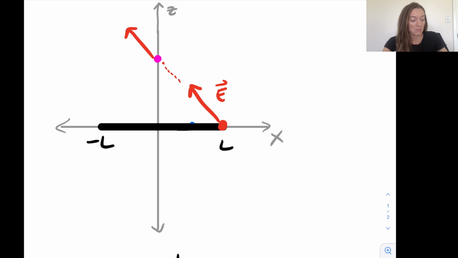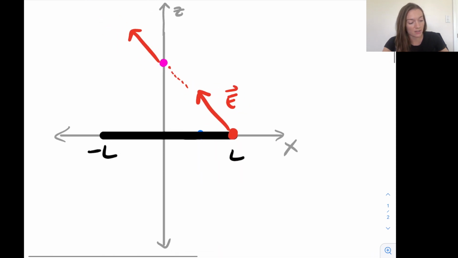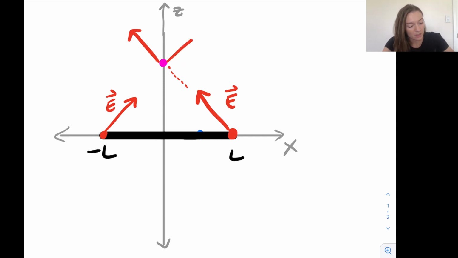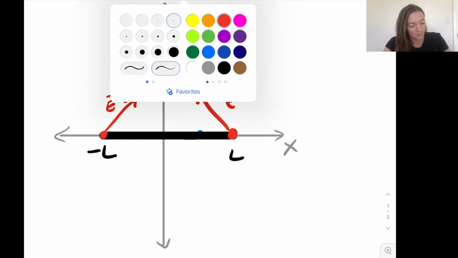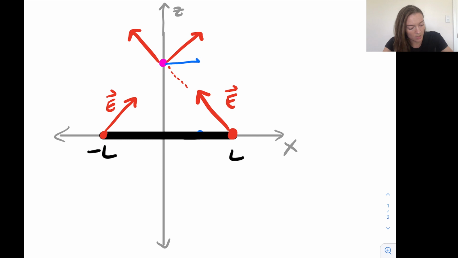And now I can make this a lot simpler for myself by noticing that there's a very high degree of symmetry here, and some of my components actually cancel out. So I have an electric field coming this way from this point, but I also have the exact same magnitude electric field coming from the opposite point, right? So there's going to be the exact same magnitude electric field coming from that opposite point on the other end of the finite line. And you can see now that some of the components are going to cancel. So if I break each of these up into its horizontal and vertical components,